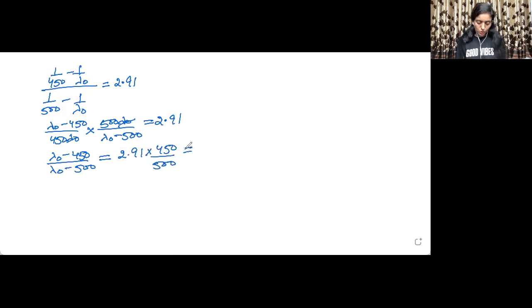So this will be 2.91 multiplied by 450 divided by 500, which comes out to be 2.62. So I can write this equation as lambda naught minus 450 equal to 2.62 lambda naught minus